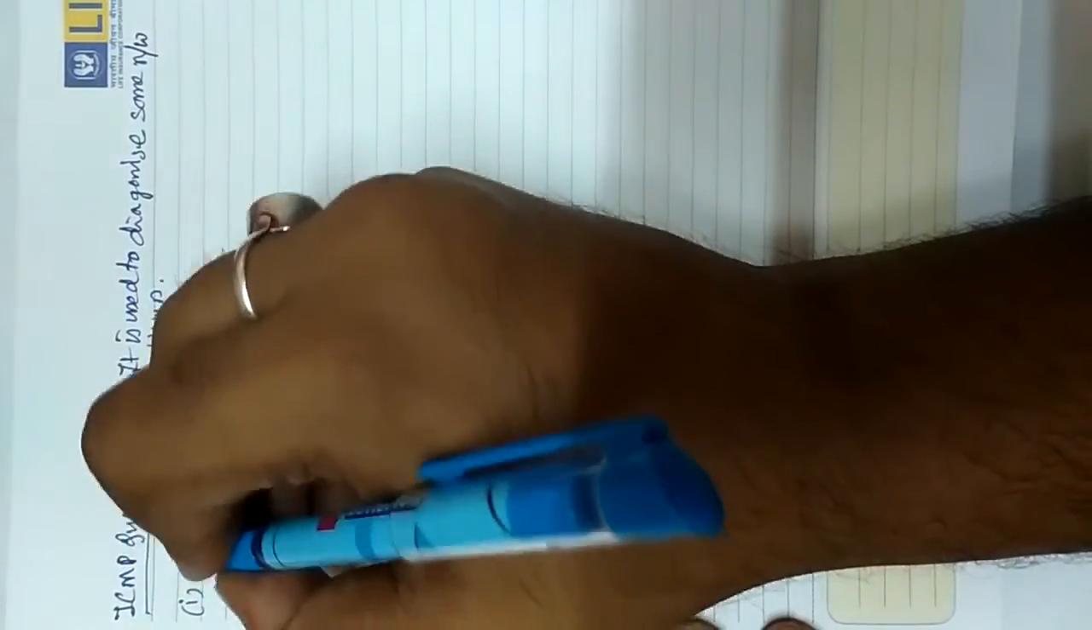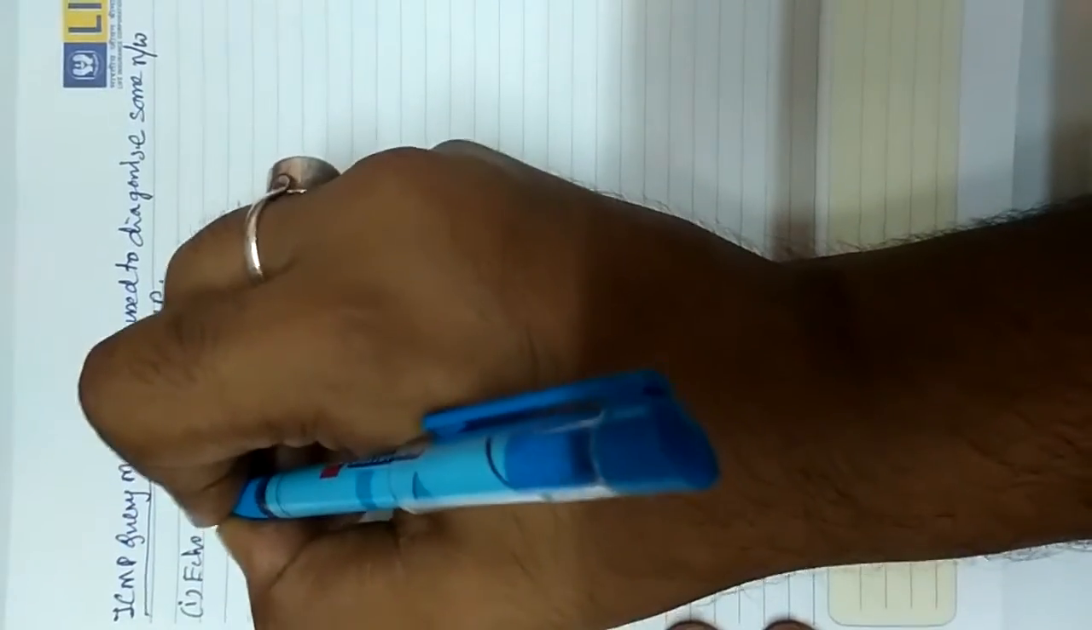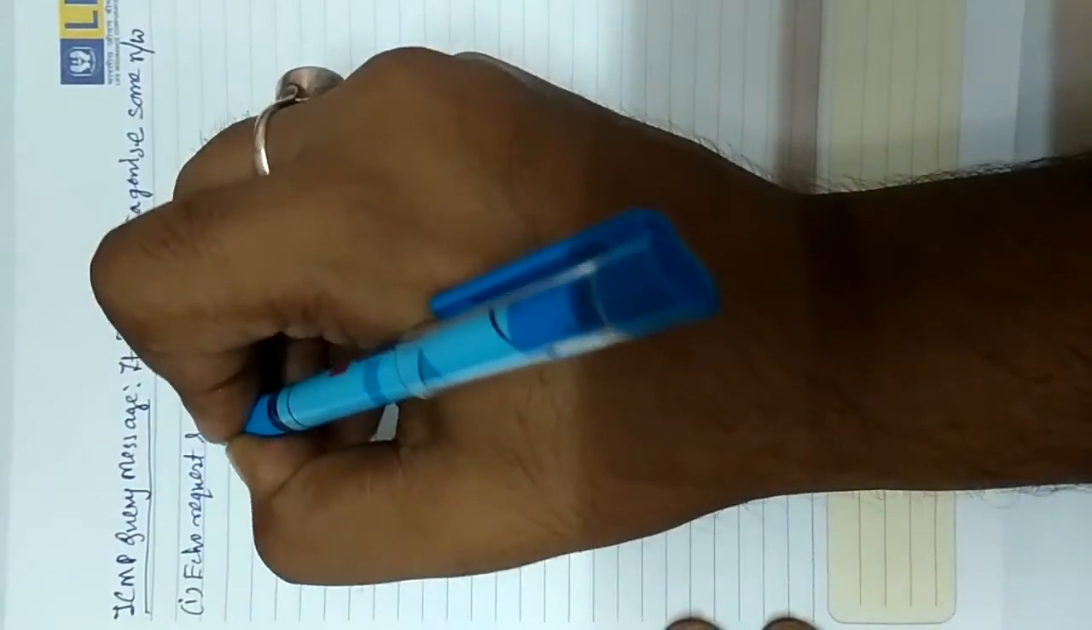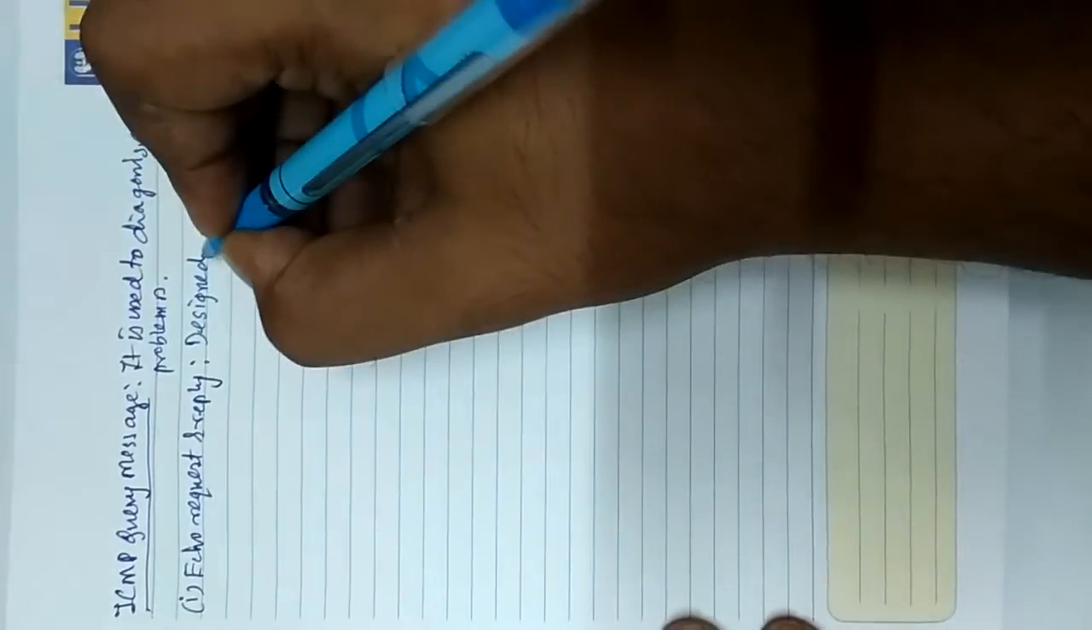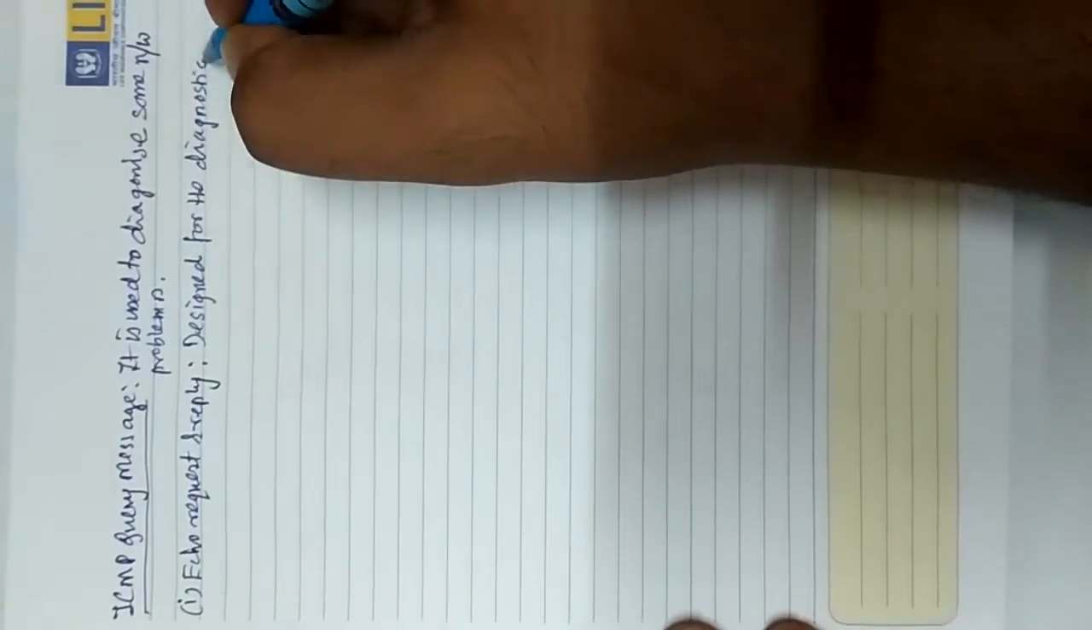First one is echo request and reply. So what is echo request and reply? It is designed for diagnostic purpose. These messages are needed to determine whether two systems can communicate or talk with each other. Okay. So for the theory part, let us write: designed for the diagnostics purpose,